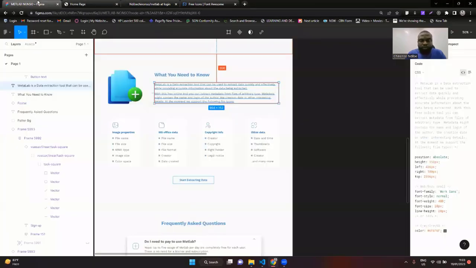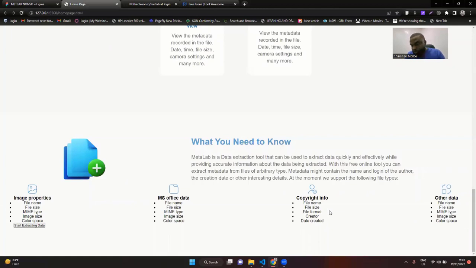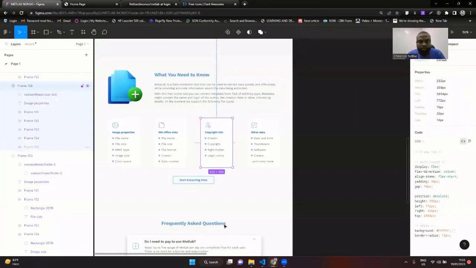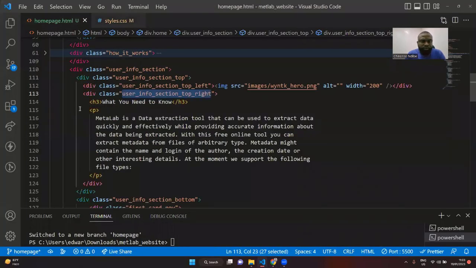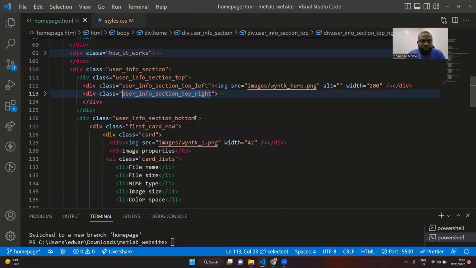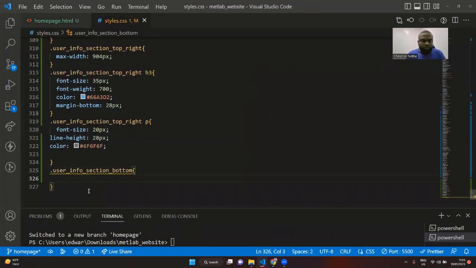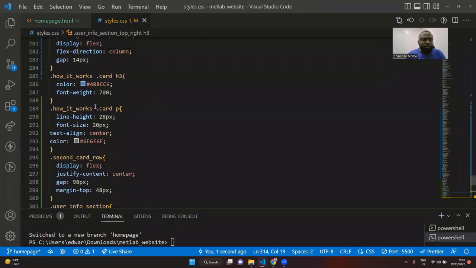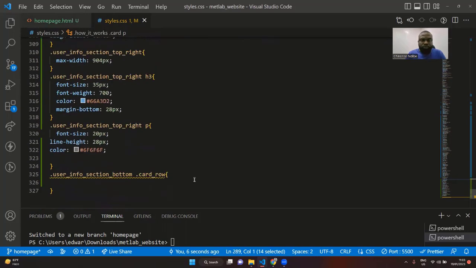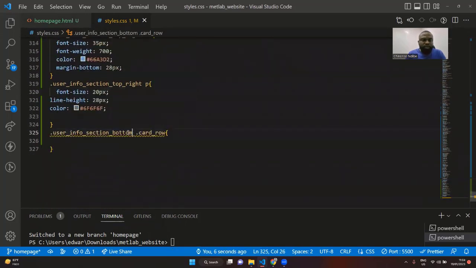Okay. All right. So another thing we want to do is make changes to our card, right? The card down here. So let's go down here. That will be the bottom section. And then we can just change this to card row. But first, since I'm noticing that the card actually has the same styling, either we take it out and then just style the normal card, or we can do this. We can bring this up here